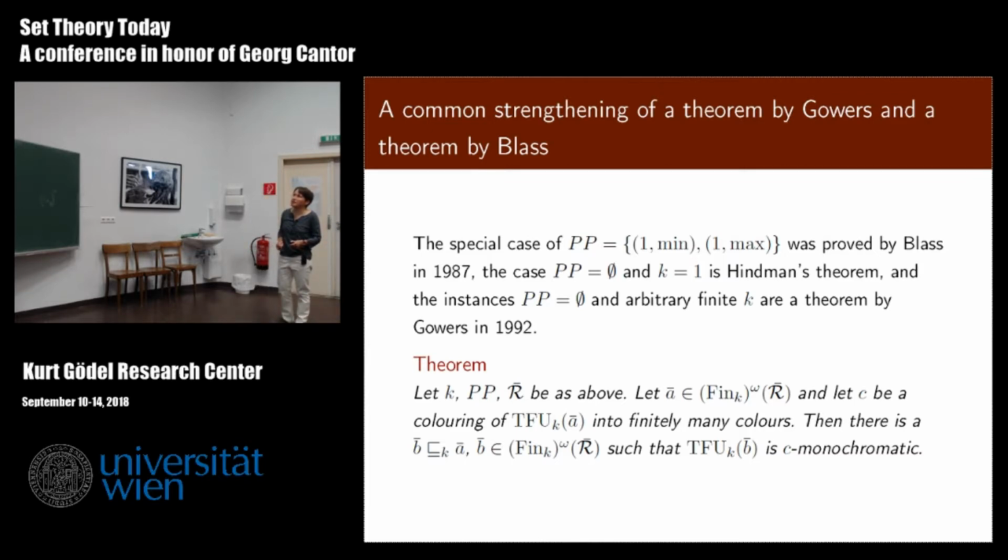We fixed our parameters. We have a sequence in our space and a coloring of the blocks here, the blocks that are stronger coming from the generated semigroup of this sequence. And then there is a stronger block sequence such that its generated sub-semigroup is monochromatic. Yeah. There are now two slides about some ingredients of the proof. The proof goes via the Galvin-Glazer